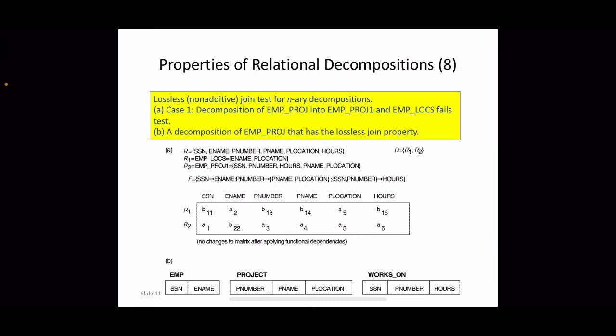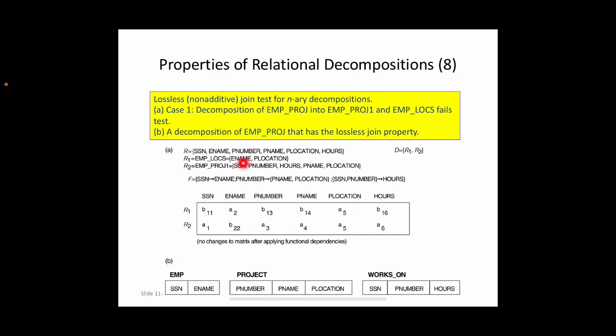We have to take each relation. So we take R1, and we check whether R1 contains each attribute. R1 contains ename and plocation, right? SSN is not there, so it remains as B11 itself.